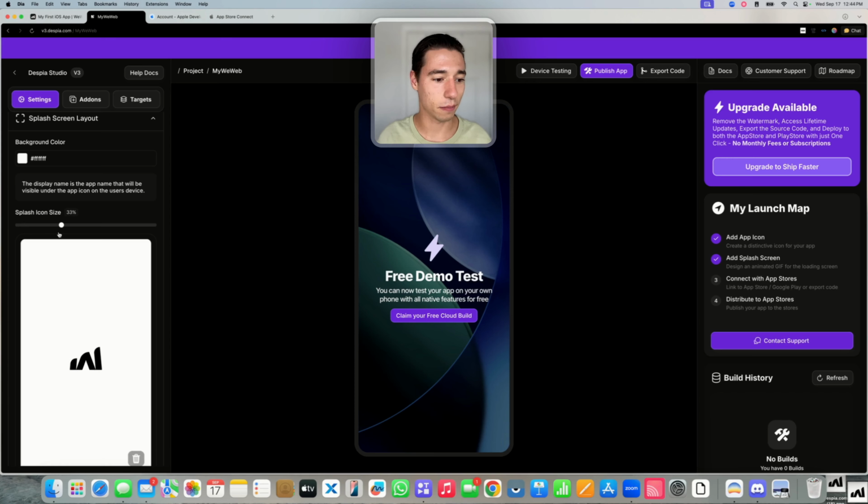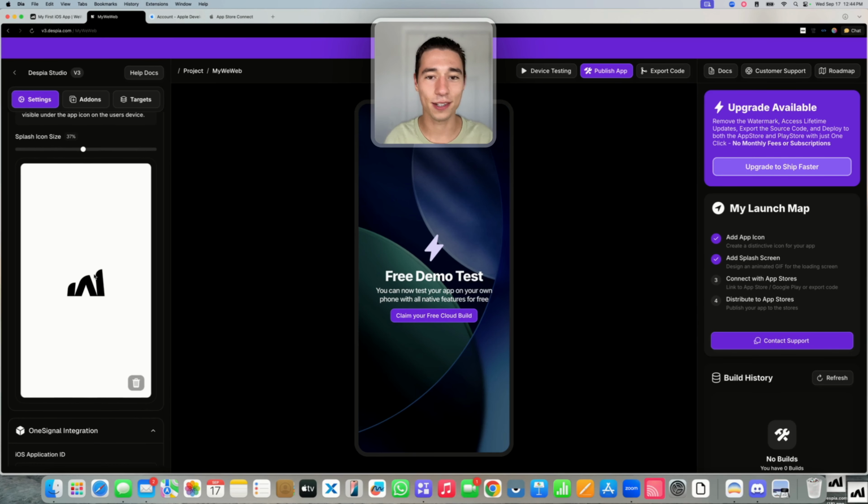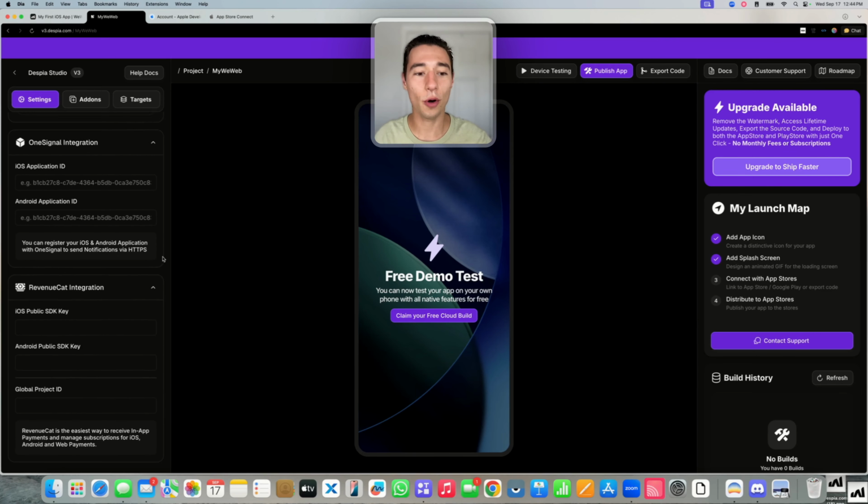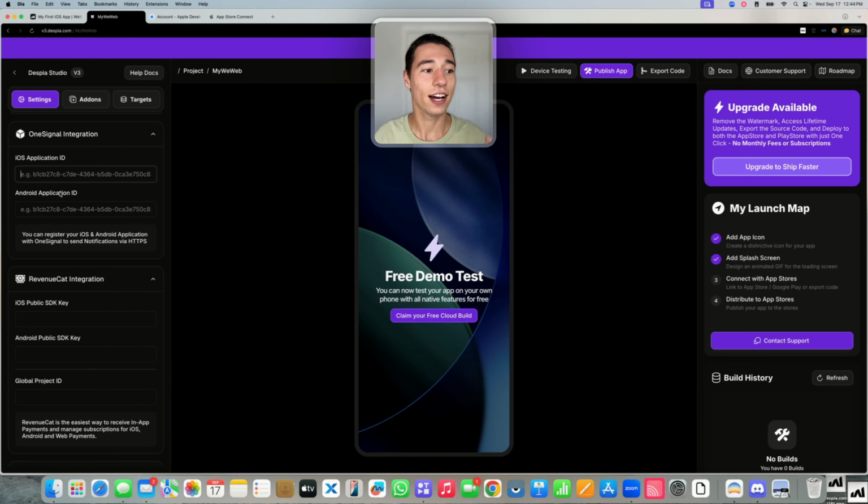And let's make this a little bit bigger. We can adjust the size if we want. There you go. We can even add a little animation. You see, I just did a quick wiggly animation. I thought that was fun. There you go. And there are more native things that we can configure, like OneSignal integration for remote push